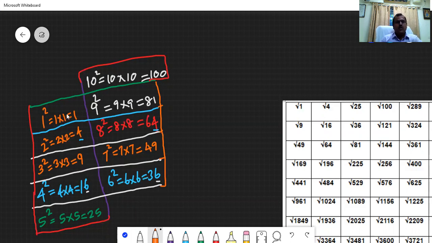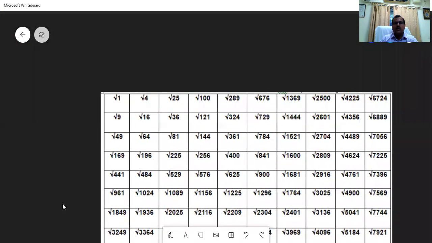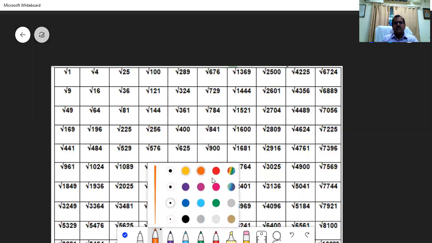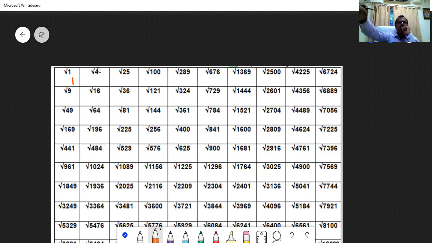It is simple, sir. What is the square root of 1? 1. Yes, you are correct. Square root of 1 is 1. So let me write it. What is the root of 4? Yes, sir, 2 2s are 4, so root 4 is 2. And can you say about root 9? 3. What is root 16?